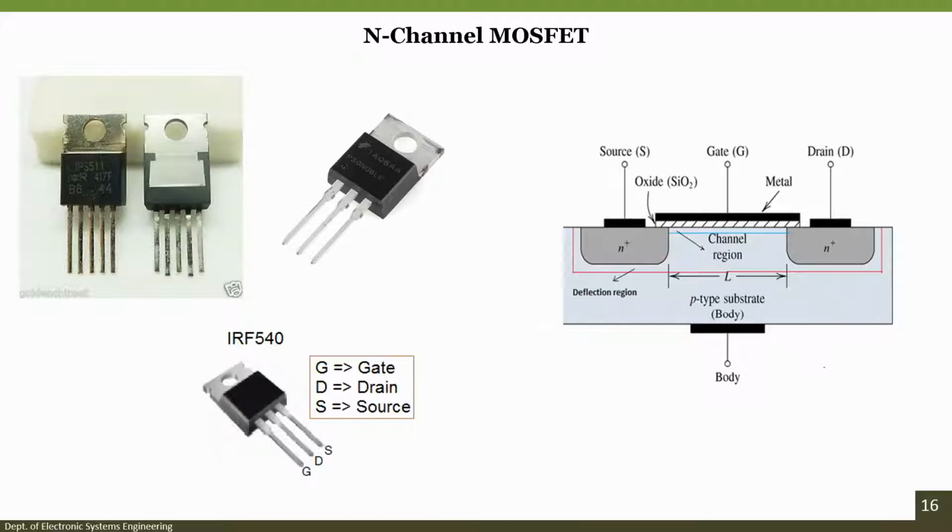So, if you see this particular device, what we see here, we have an n channel MOSFET. What is MOSFET? Metal oxide semiconductor field effect transistor. Now, what is the substrate here? We are using p type silicon substrate, okay, and we are doping n plus, that means we are doping pentavalent impurities inside the silicon wafer, right, by creating windows like I have shown earlier.